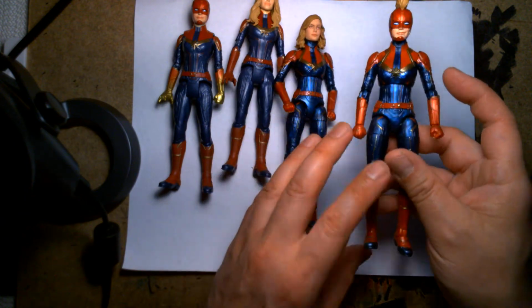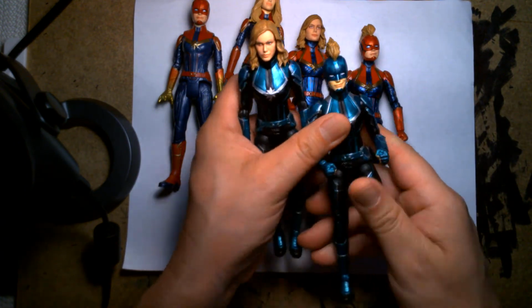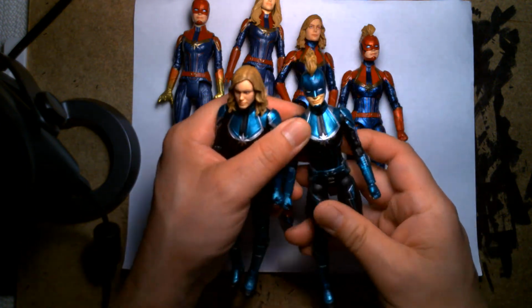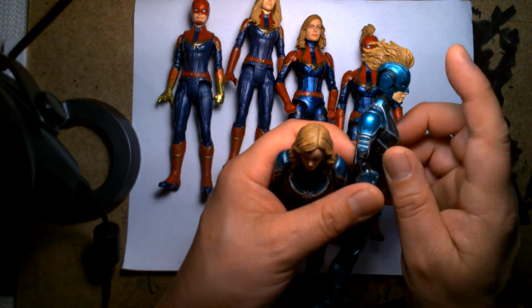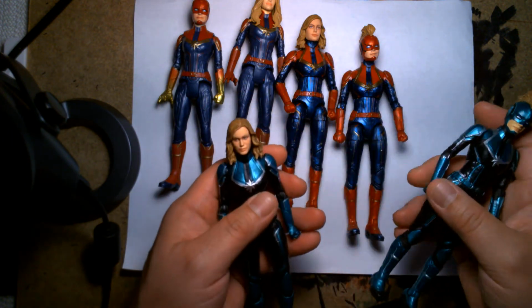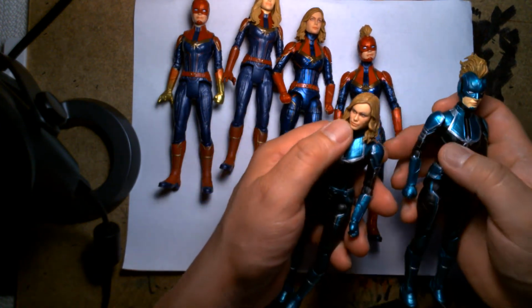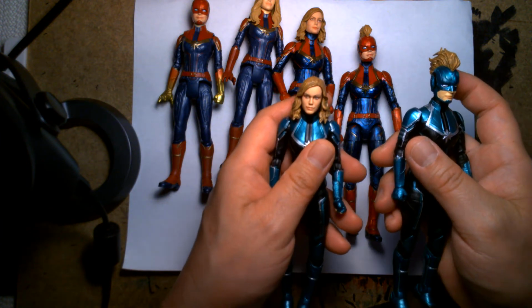Yeah, I like this a lot, but I like her more in green. And I want to say, I think for this figure, this is when she was with the Kree. I think with this figure, they only gave you the one head, which I believe is this one. So I think I might have bought this figure like 3 times just so I could have this extra head to put on here. Maybe 4, because now that I think about it, I used